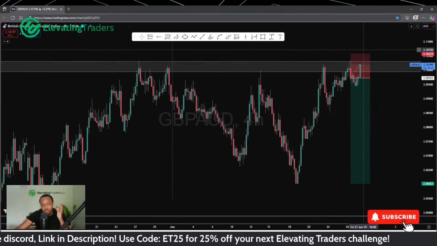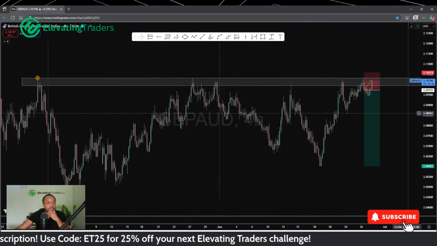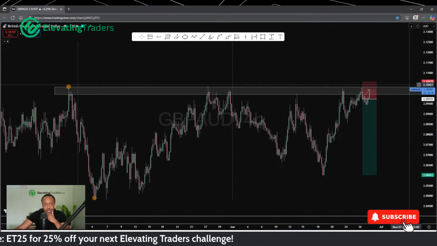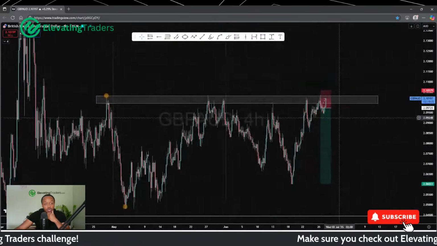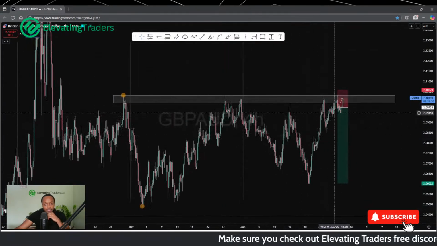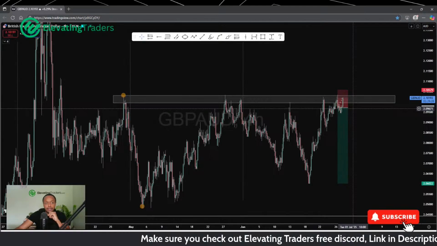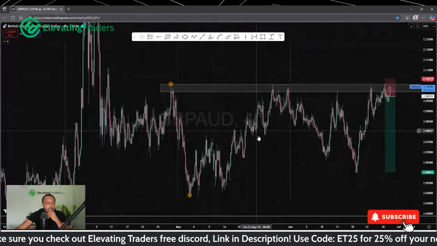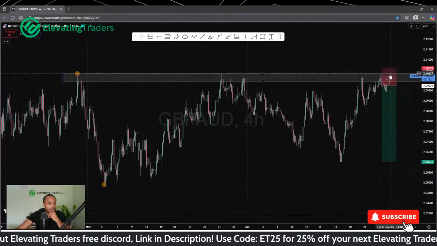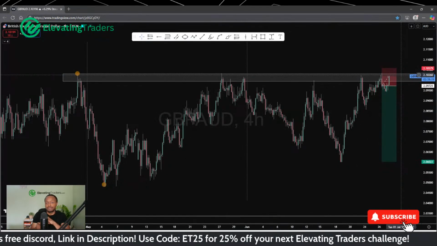And of course, if it does break the highs, I'll take the stop and then potentially switch the bias around to be bullish. If we are going to break through this level, then of course with a suitable break, if it just clears the level, I think I would just stay away. But if it's a big enough breakout, then I would be looking to try and see if we can swing back into the high there. But we'll see what that resistance has in store.